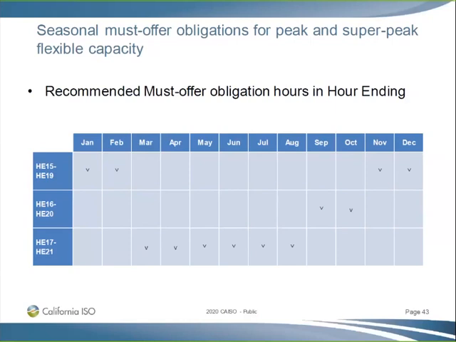So this is what we recommend, based on the study of this year: we recommend these most obligation hours for each month. Next year, whether you keep the same pattern or not depends on how the CEC load forecast, the solar, and the behind-the-meter resources behave. So the hours may shift back and forth a little bit, but generally do not change that much. So it's basically a selection between 15 and 21. So that's the ISO's most obligation hours we have been recommending over the years like this. So next slide.